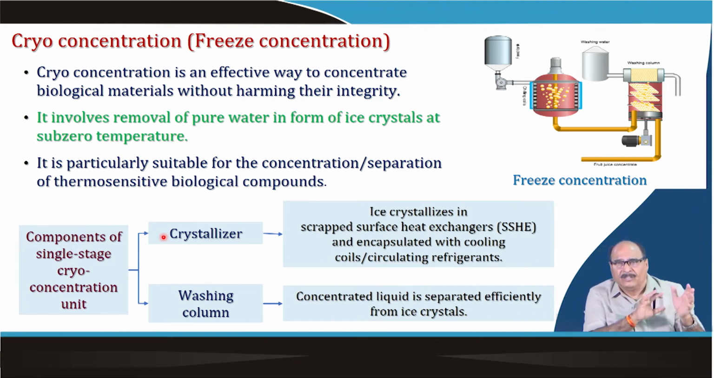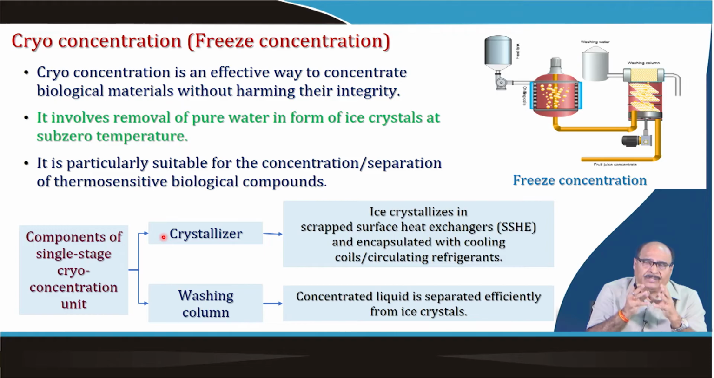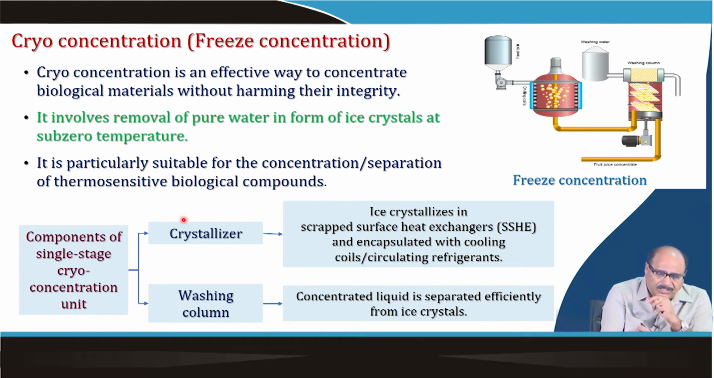So, first it is a lower temperature, we have discussed the freezing process earlier. So, the free water is converted into ice, and then this ice is removed by crystallization, after which the crystals are separated by centrifugation or by filtration or by appropriate methods. Okay. So, in the components of a single stage cryo-concentration or freeze concentration unit, there are two important components, the crystallizer and